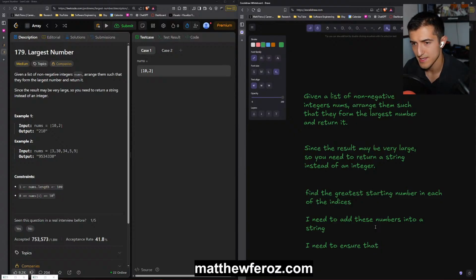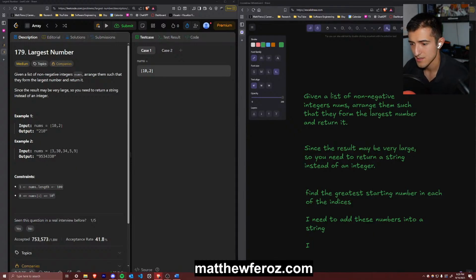I guess the only thing that matters is the first number of each, right? Because even if it's like the second number and it keeps getting less and less and less, it doesn't really matter all too much. So I need to add these numbers into a string. I need to ensure that the numbers...